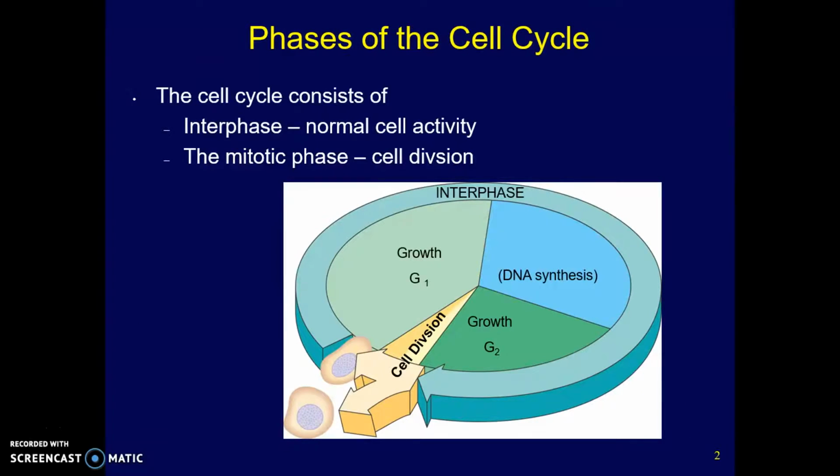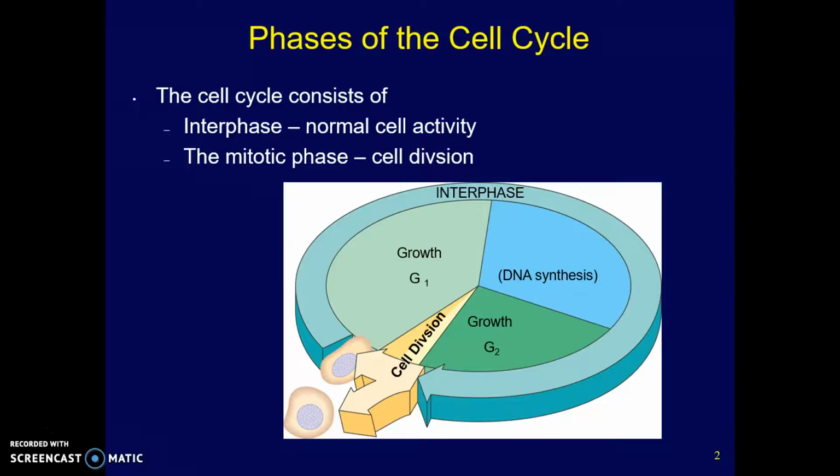Interphase is broken down into three categories. G1, which is the growth, where cells will actually start to grow, and then it will enter the S phase, which is the DNA synthesis, where DNA is duplicated, because our somatic cells in humans contain 46 chromosomes. Well, we'll actually multiply that into 92, and then it enters the growth 2 phase, which